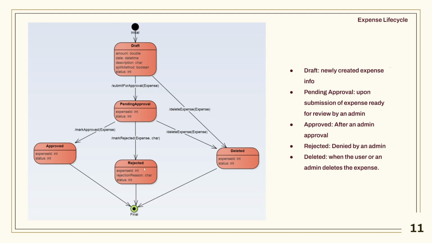The admin can also reject it. Then they would also have to enter the rejection reason, and the status would be updated as rejected. And then we have the final stage. After either of these states ends,